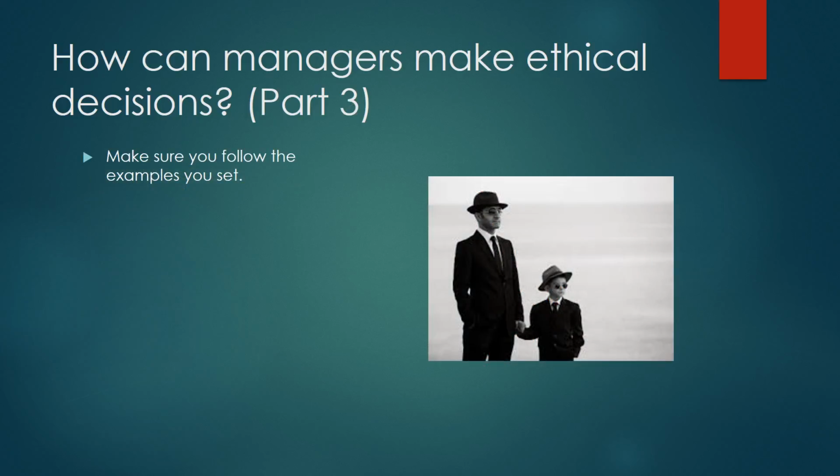The third part of how managers can make ethical decisions involves our own behavior as a manager. If we as the leader don't adhere to our own ethical choices or code of ethics, how would we expect our employees to follow it? The picture on the right is a great example. Managers to their employees are like parents to their children. We want to set a good example for them so they can be positively influenced toward more ethical choices, whether it be in the office or in real life.